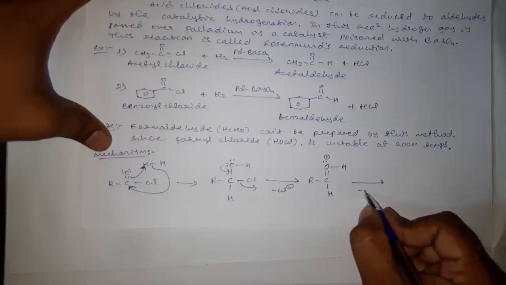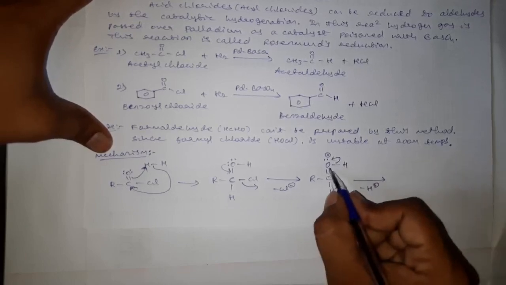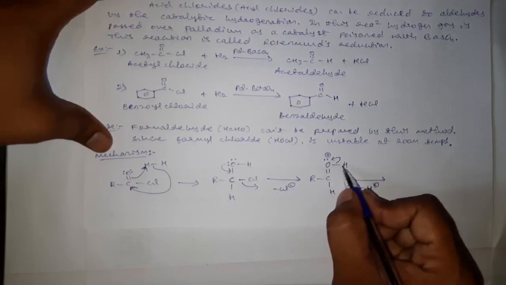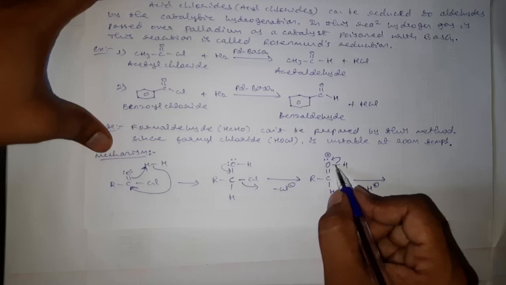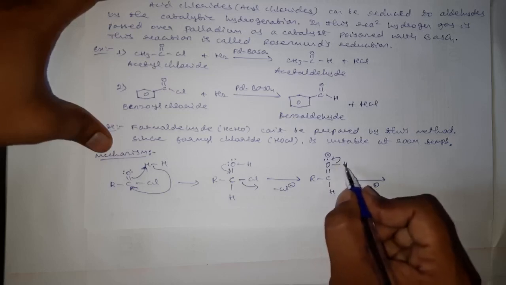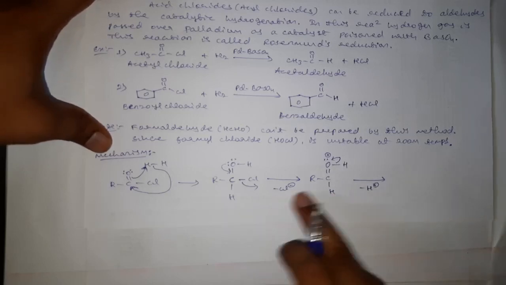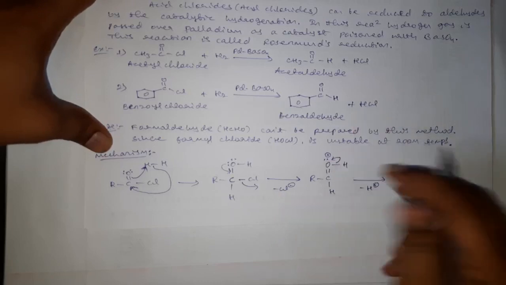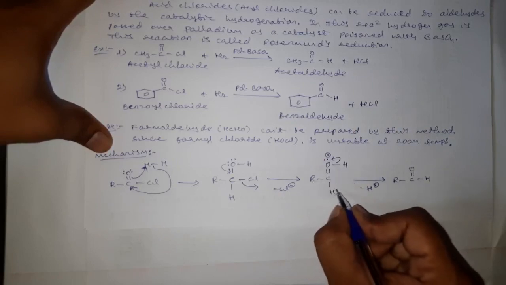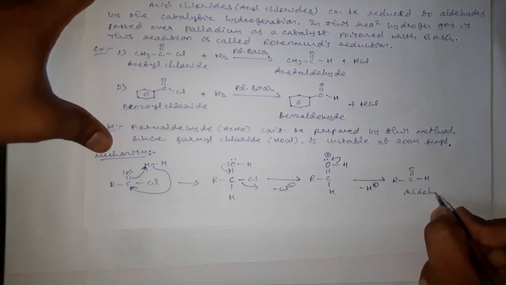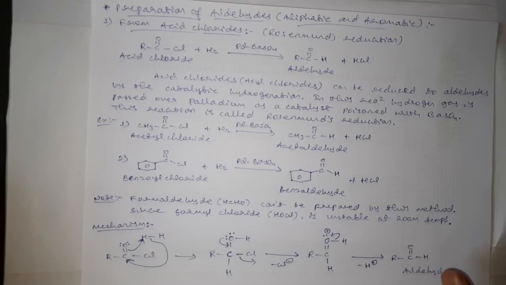And the next step is deprotonation, that is the loss of proton. See, here the oxygen being more electronegative as compared to the hydrogen and with positive charge means it is highly unstable, and to regain its stability it will drag the bonded pair of electrons towards itself, and this hydrogen will go away as H plus, and this hydrogen and this chloride will combine with each other to form HCl, and here we will get RC double bond O H. This is aldehyde.